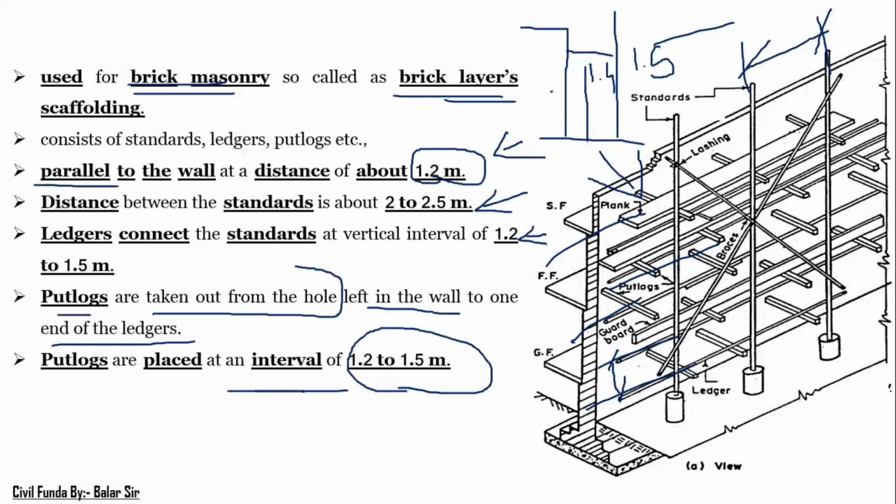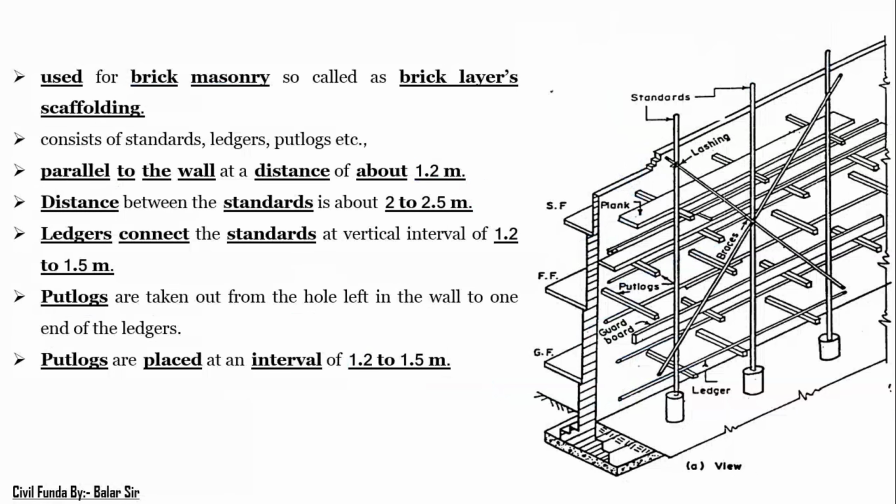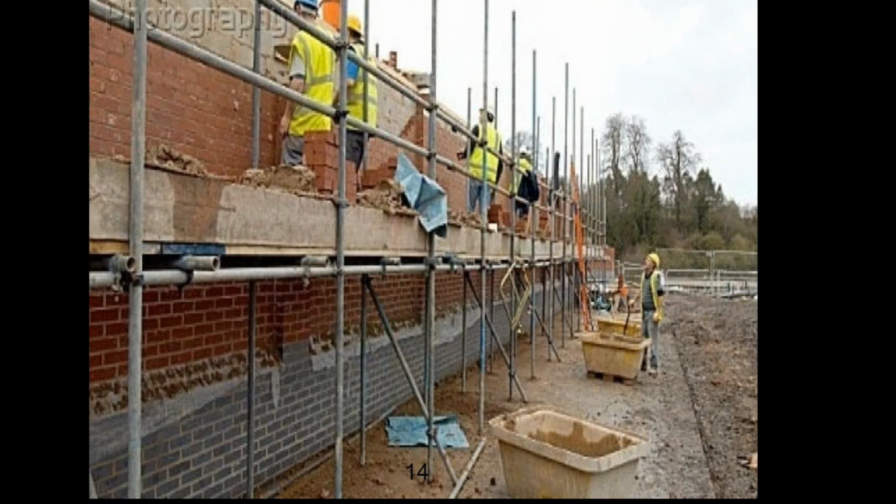If you visit any site, or if you are the person handling that site, then it is not mandatory to provide the same thing at your site. Clear? Now this is the best example suited for bricklayer scaffolding. In this figure both conditions are fulfilled. The first condition is only a single layer. The second condition is it is used only for the brickwork.